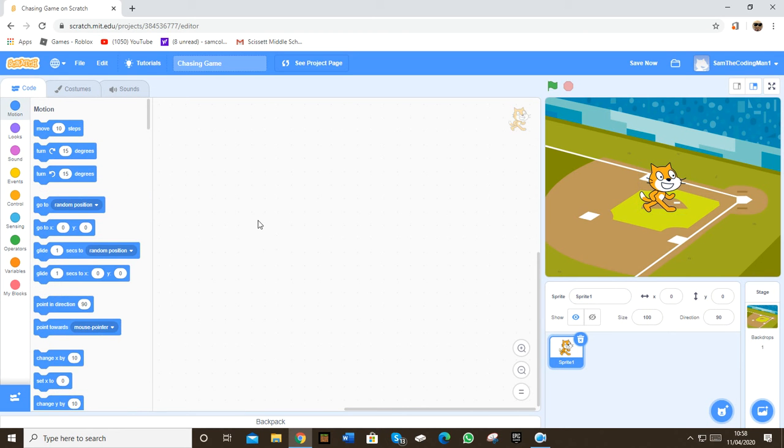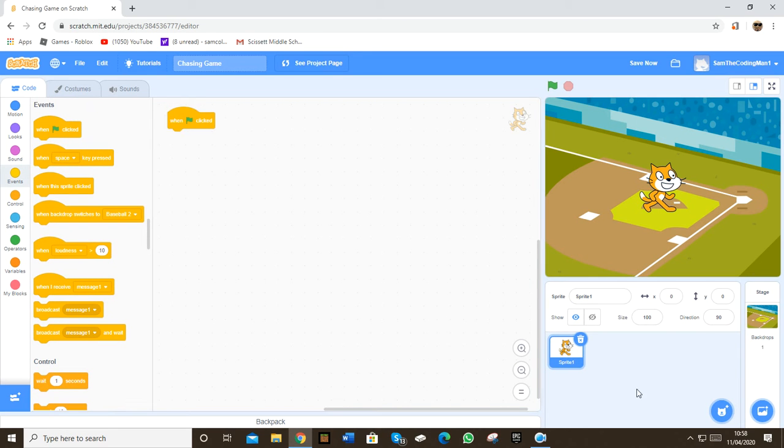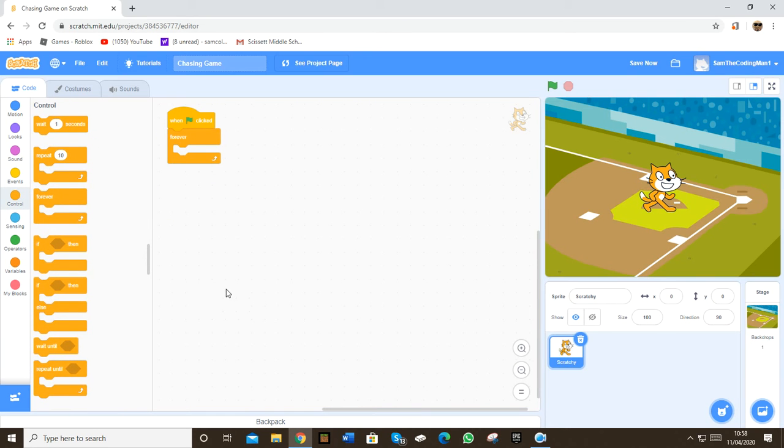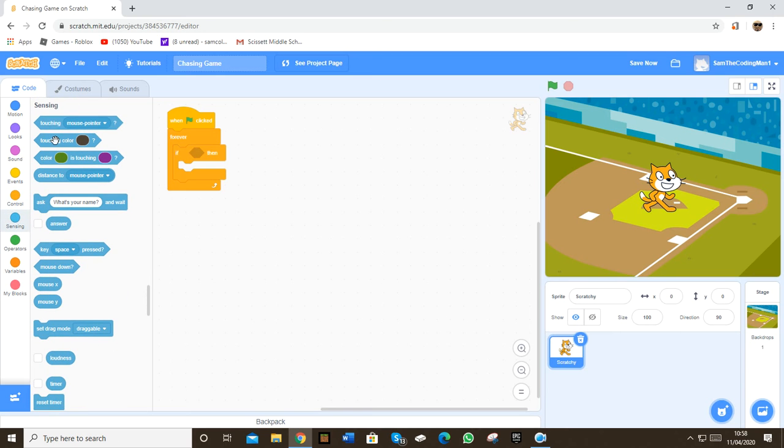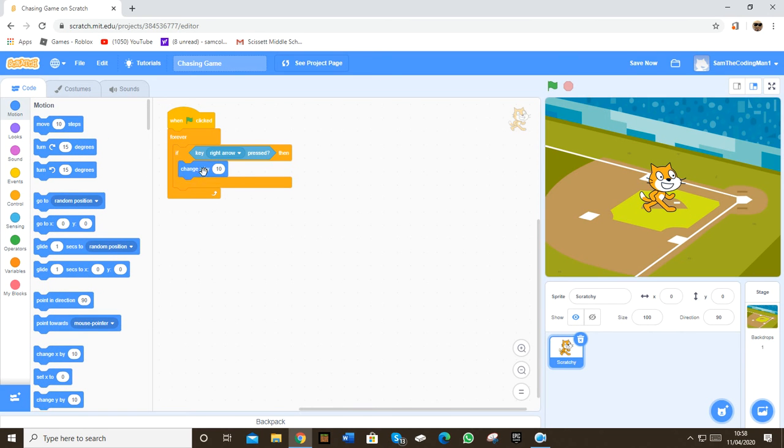Okay, now we want to build a code in Scratchy. So we want to do when the green flag is clicked. I'll just name the sprite Scratchy, just so we know who he is instead of having Sprite1, because that'll confuse me. So when the green flag is clicked, we'll do a forever loop because we want all this to happen forever, not just once. And then we'll do an if statement, and then we'll do if key right arrow pressed, then we'll do change x by 10,